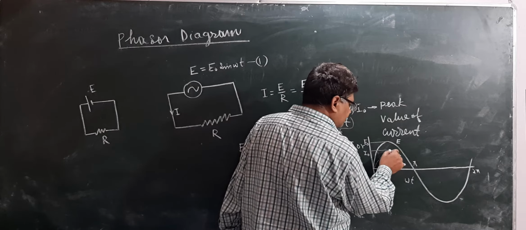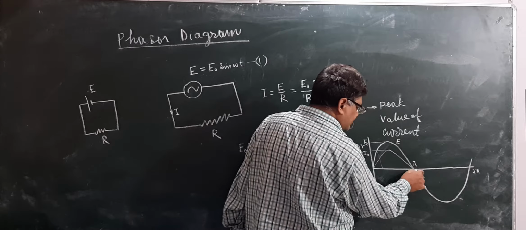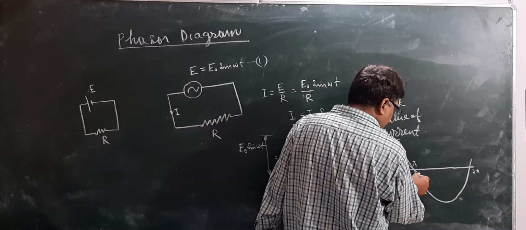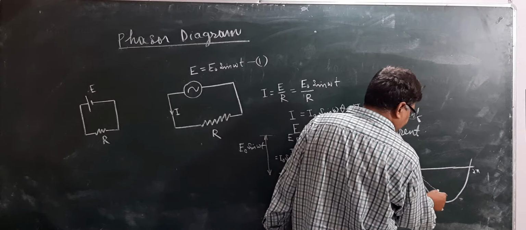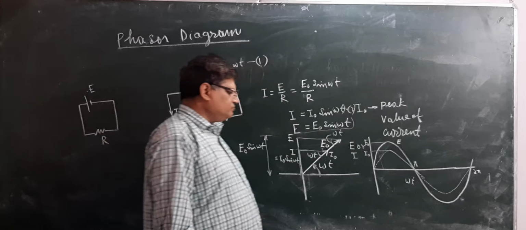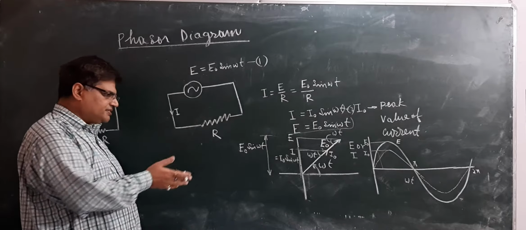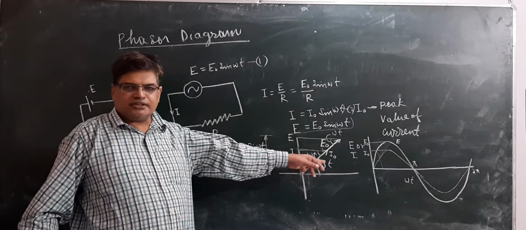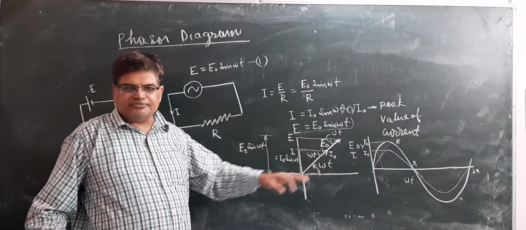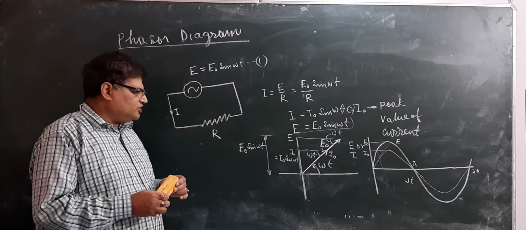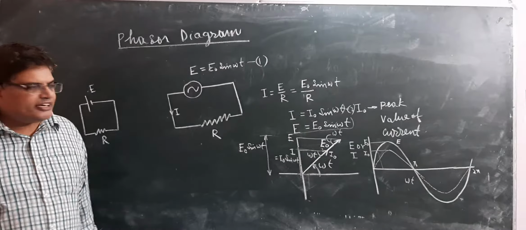When you get the value of E as 0, you will get the current as 0. And here also on the negative side, you can draw the current graph like this. So this is how we have represented the phasor diagram, and we have shown how we can represent E or I graphically. Now let us solve a numerical problem based on purely resistive circuit.